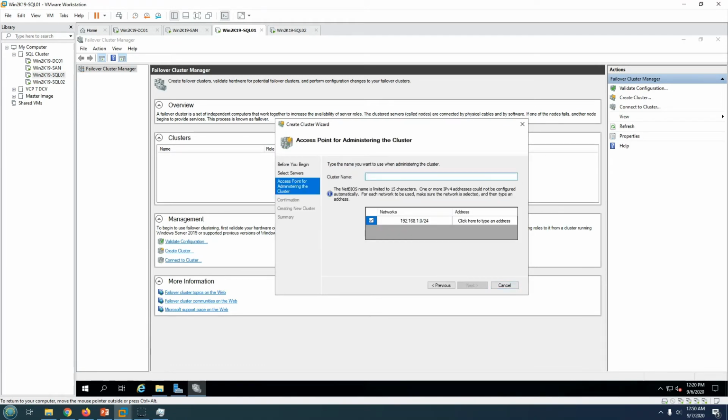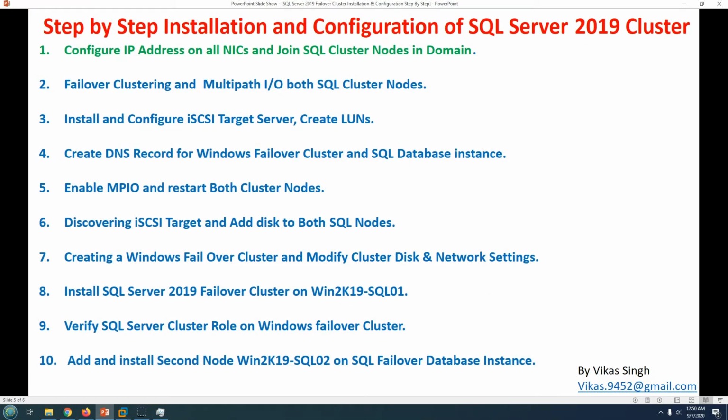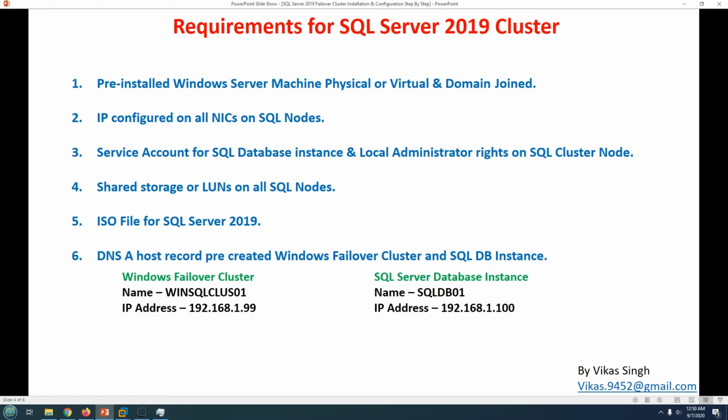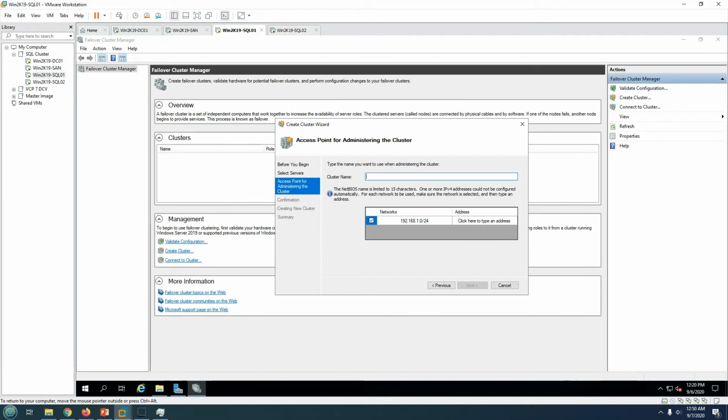Now you will see create cluster name is showing here. So in my environment, this is my cluster name and this is the IP address which I'm going to use. So WinSQL plus 01, so I'm going to type here. WinSQL plus 01 is going to be my cluster hostname, and 99 is the IP address. So I already have a DNS record created for this, so I'm good. So click on next,